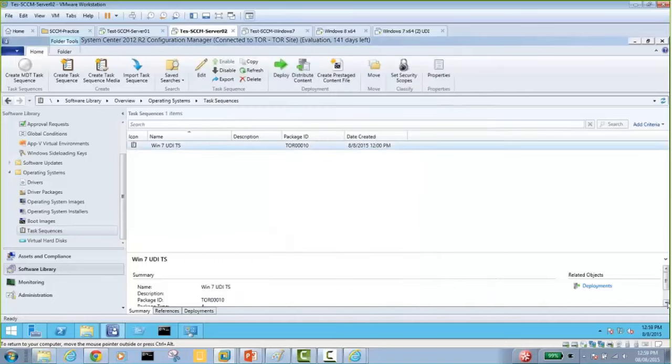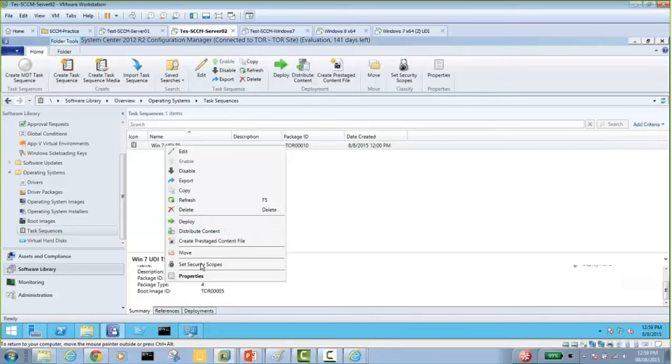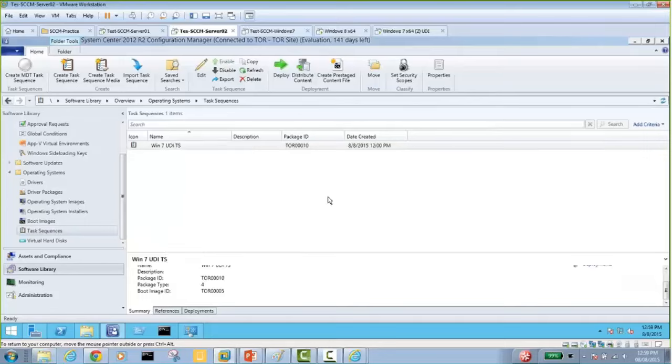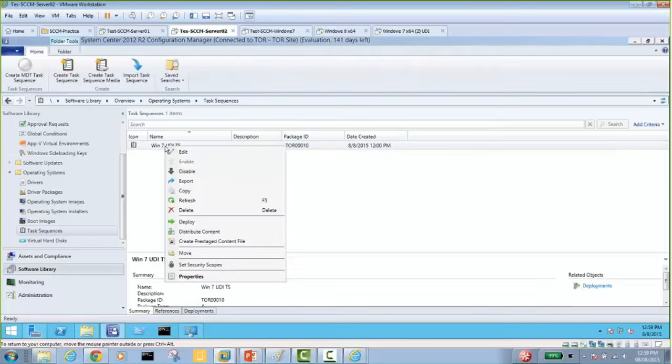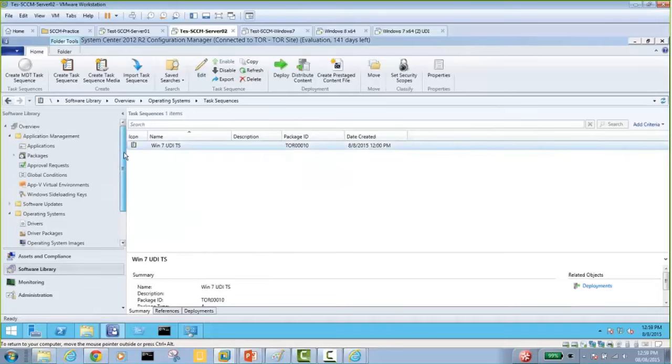You said it's a very good question, something like that. Yeah, it was actually. So we need to distribute content for the task sequence. Right click, distribute content for the task sequence. Yeah. So this and